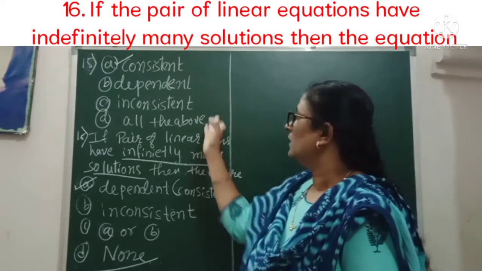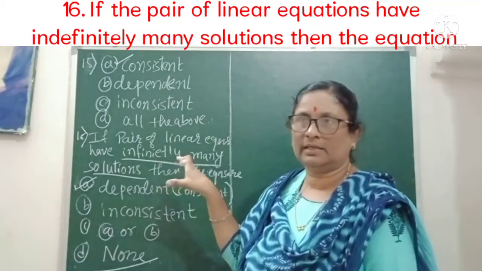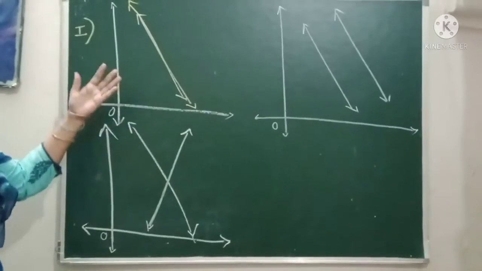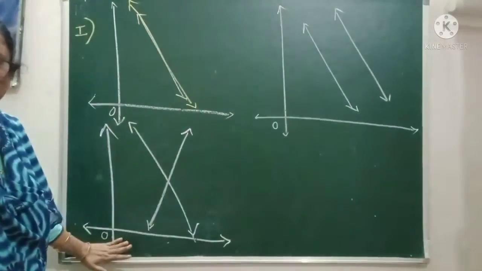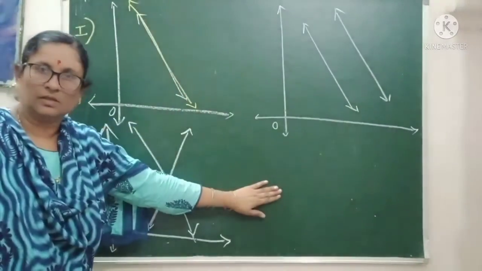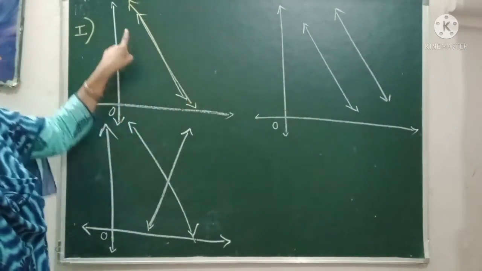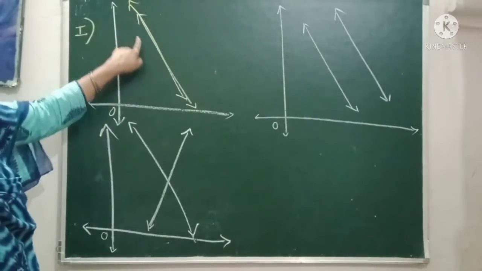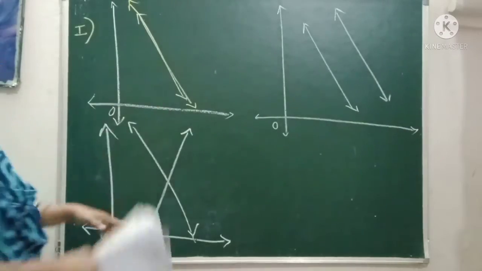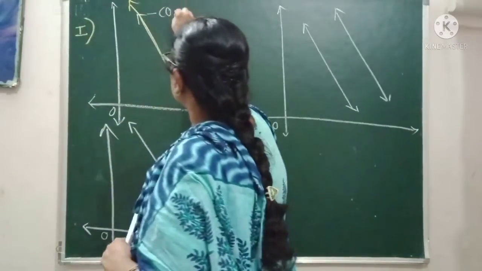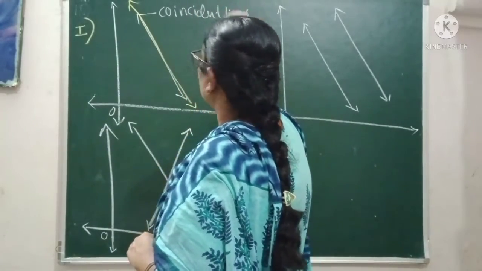Now I'll explain graphically the confusion you have faced. Clear the confusion with this one. With the help of these three diagrams, I will clear all the doubts related to what I discussed just now. As you are observing here, these lines are coincident lines. First of all, I call these coincident. This is how you define them.